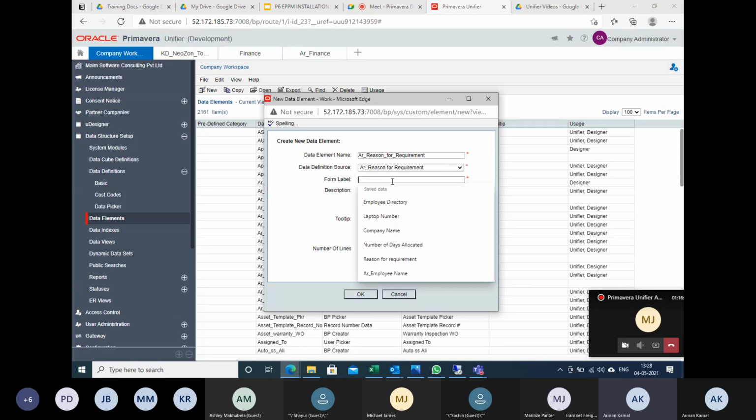So I will put AR reason for requirement, or I can put reason for laptop requirement to be very precise. Now here it is asking how many lines you want to enter. Somebody wanting to write a detailed story like I need this laptop for this one, so I'm putting 4 lines. I will click OK.